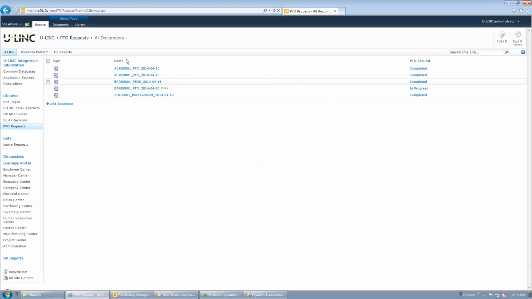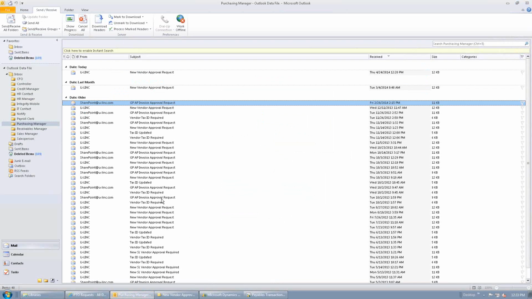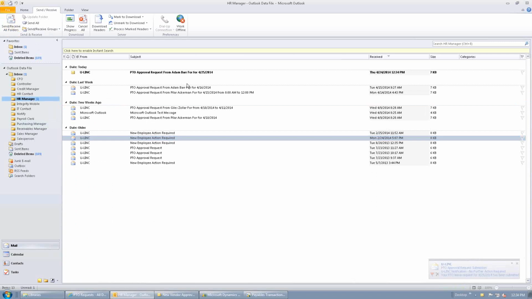Okay, and there's a bunch of stuff there that isn't very interesting. What we're going to do is go over to Outlook, as you might have guessed, and hit send and receive. Okay. And what we'll get is an email first going to Human Resources, assuming I did everything correctly. And if not, we'll speed up the process and go look at a previous example. There we go. It's going to Human Resources